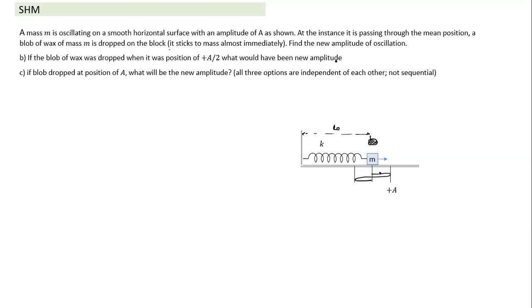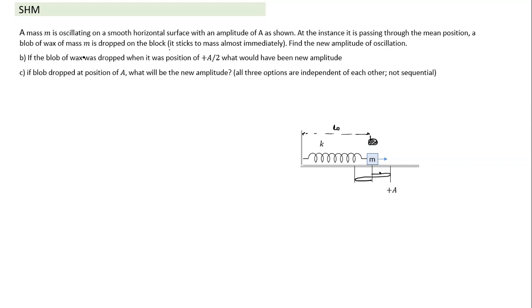What will happen if we drop it here? The energy of oscillation may change, the time period of oscillation may change, and the amplitude of oscillation will change. So the moment we change the mass here, the parameters of oscillation will change. Let's try and understand this in 3 different cases. We need to find the new amplitude of oscillation. Time period is simple, I'll come to the time period last.